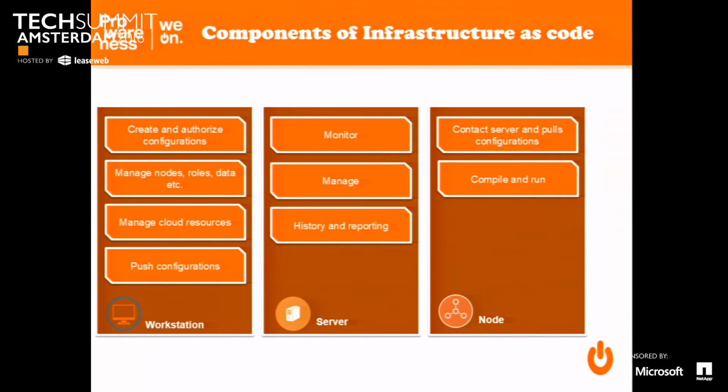Then onto the server, which is the configuration management server. That basically manages everything that's your infrastructure, all the infrastructure defined as code. It also monitors the other systems, so it knows when this node doesn't have an agent anymore, so we can't push the infrastructure to you. So it can even tell you that that node is down and you need to look into it because something went wrong. And it keeps a history of what happened and reports. If something goes wrong or something changes, some companies want to have a copy of that. And it all happens on that application management server.